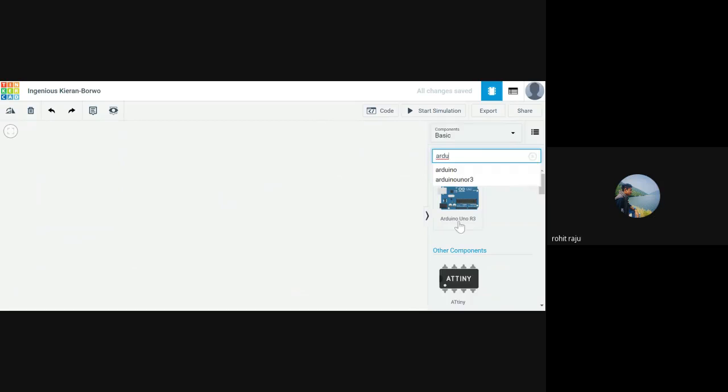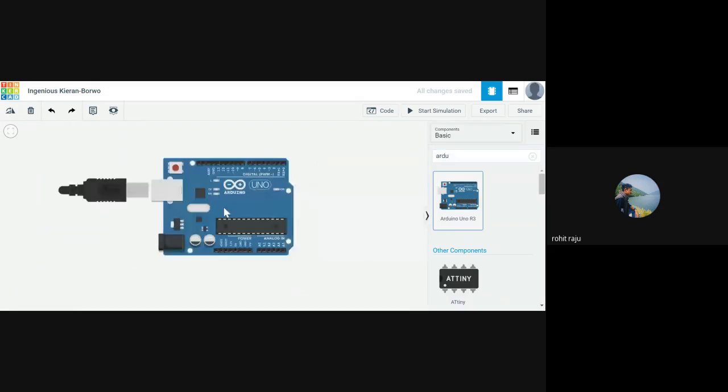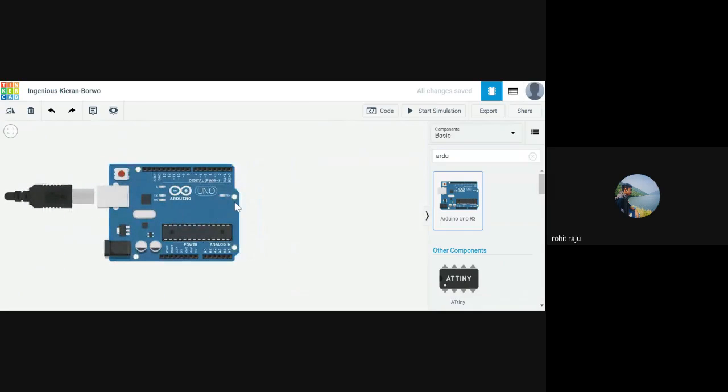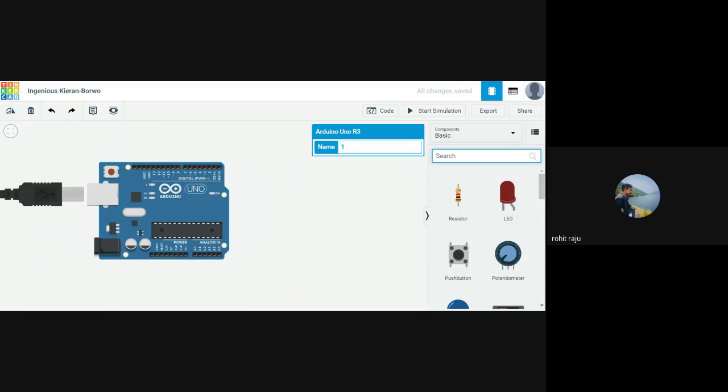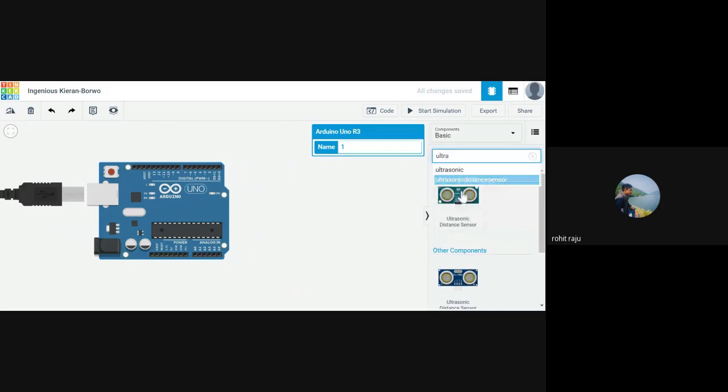So let's bring Arduino Uno into the picture. And one interesting thing here is we have two ultrasonic rangefinders in our equipment. Yeah, we have two of them right here.